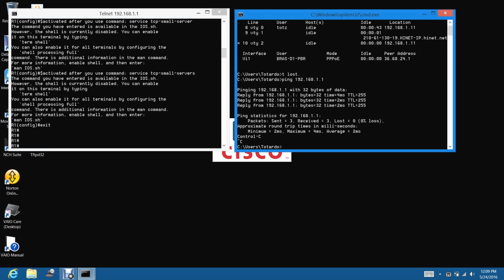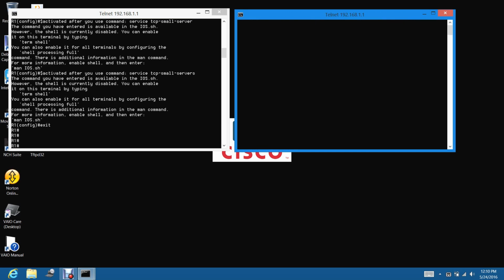First we start with Echo. Echo returns everything that you type. For instance, I type E, the server returns E also. I type L, the router returns L also.